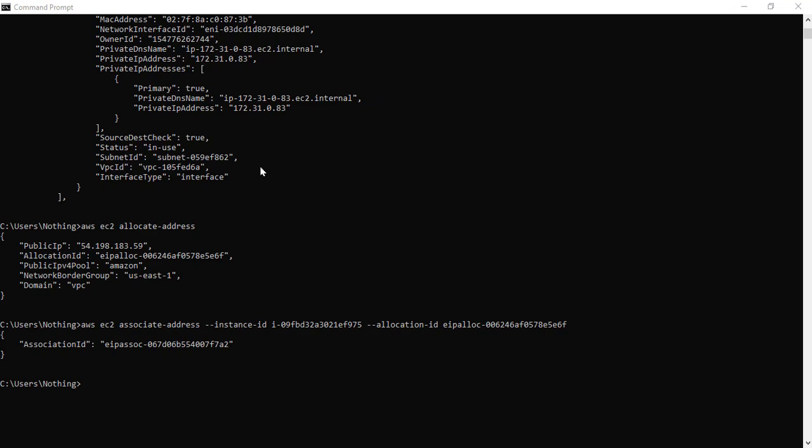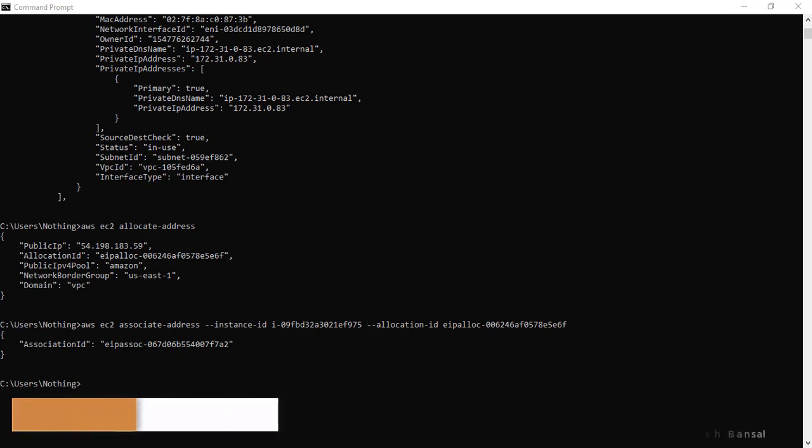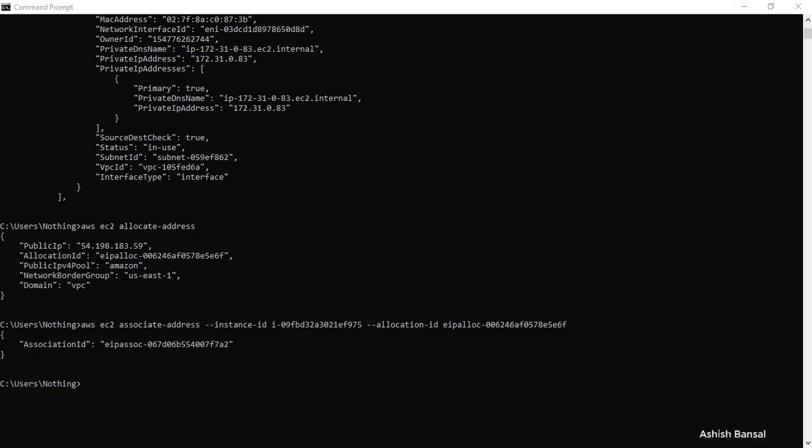So guys, this is one very small task that can be done via CLI. You have a lot of other functionalities in the CLI. For example, you have your S3 buckets, then you have your load balancers, then you even have your APIs for Transcribe, you have Translate APIs, and they are really helpful, and you can make a lot of products out of it. So I think it's really easy to understand the concept, and it's very easy to get started with it and create something out of it.